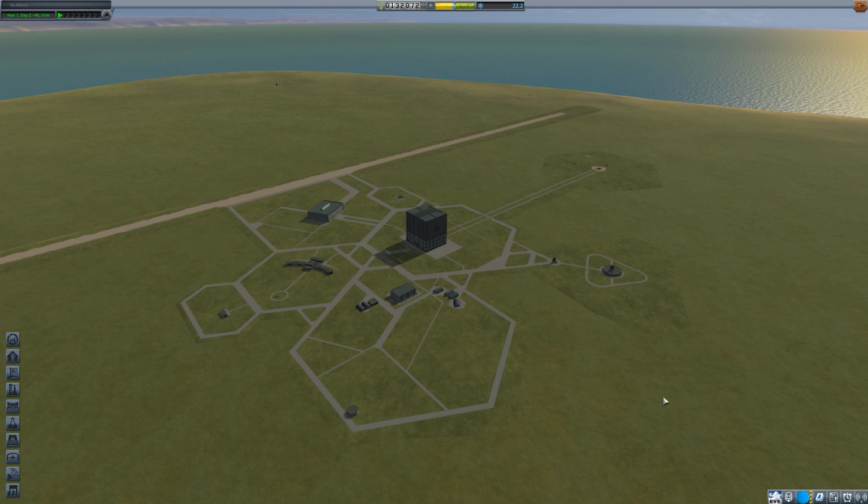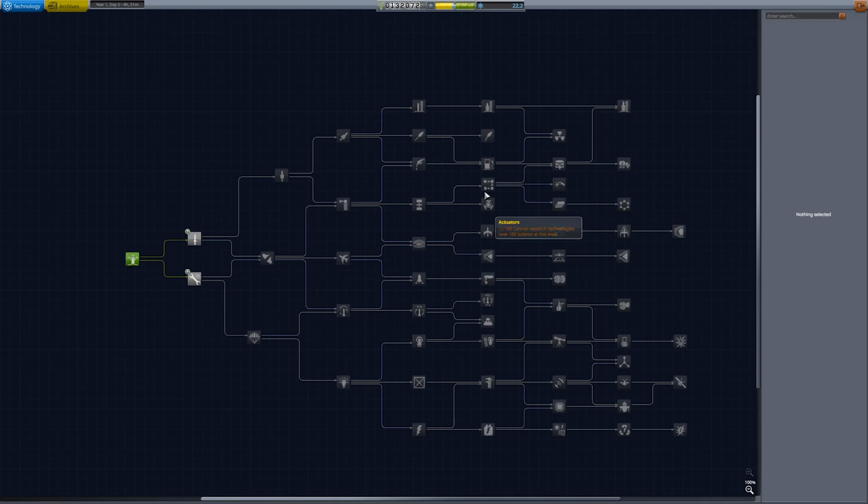Welcome back to Kerbal Space Program. So in this episode, we're going to continue from the point of view of an absolute beginner who's basically brand new to the game. We're going to explore some basic concepts around the science progression in the game, and we're going to take a look at getting a jump start on your science before you really get too far into